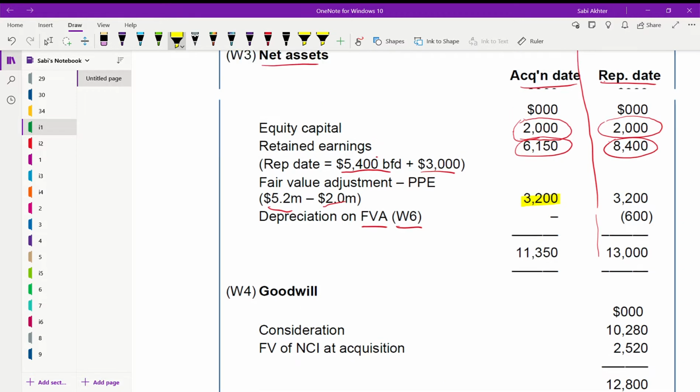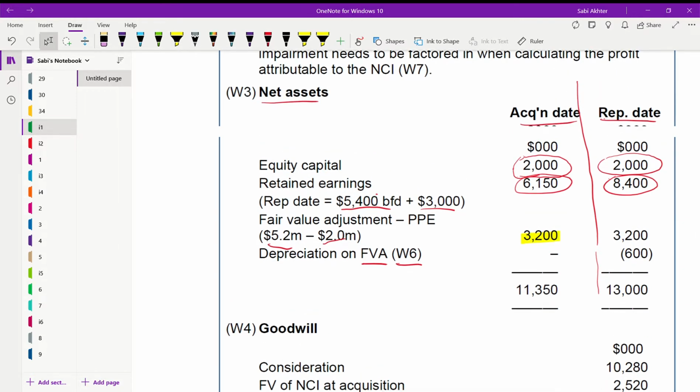Remember, depreciation and fair value adjustment will be 3.2 for both, that does not change. And depreciation you never take at the acquisition date. Depreciation only at the reporting date you have to take, 600,000, always like that, because depreciation normally is calculated after a year has passed, which is at the reporting date. It's never on the acquisition date that you calculate depreciation. Okay, hence you have this and this. So the difference is